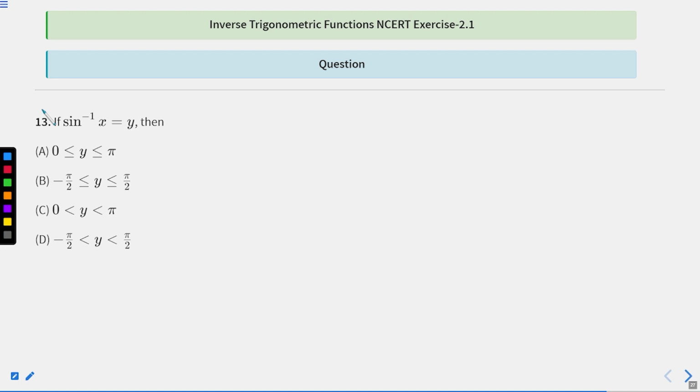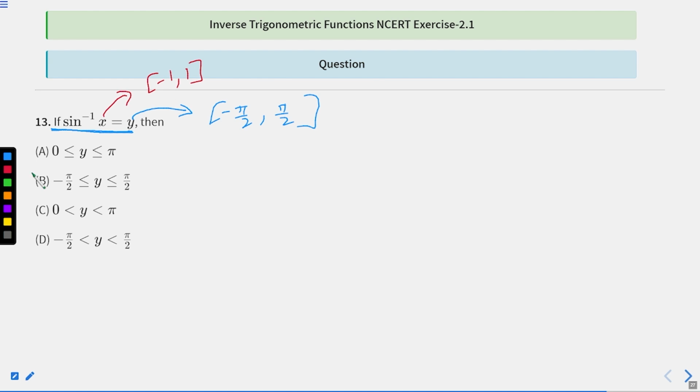In this question, if sine inverse x is equal to y. So we are given that sine inverse x is equal to y. From this, first of all, we need to know that this value must belong to where? This value must belong to the principal value branch. This means the closed interval minus pi by 2 to pi by 2, and x must belong to the domain of the sine inverse function, and the domain for the sine inverse